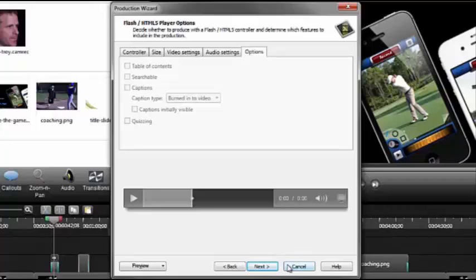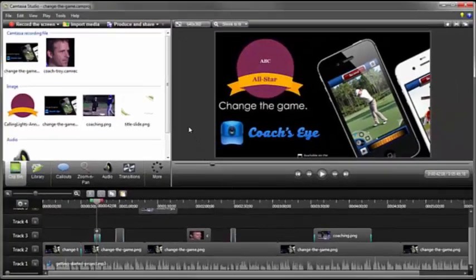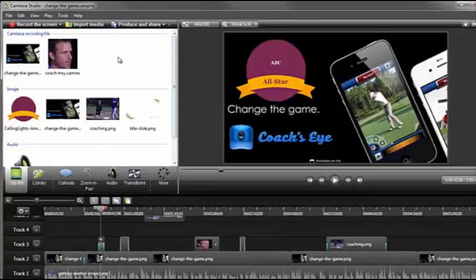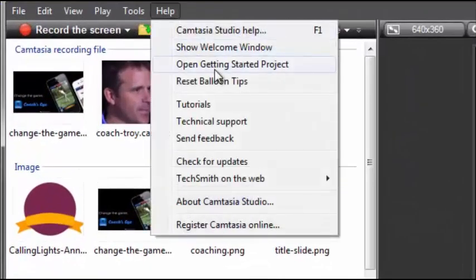Well, it's time for you to try Camtasia Studio for yourself using the content on the timeline, or better yet, create your own. We have lots of free tutorials on our website, and I recommend you begin with the Getting Started series. Also, the help file inside Camtasia Studio tells you how to use each of the Camtasia Studio features and